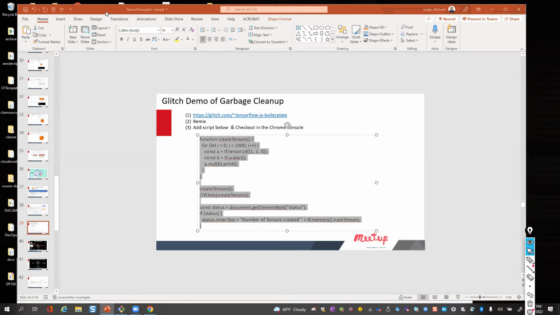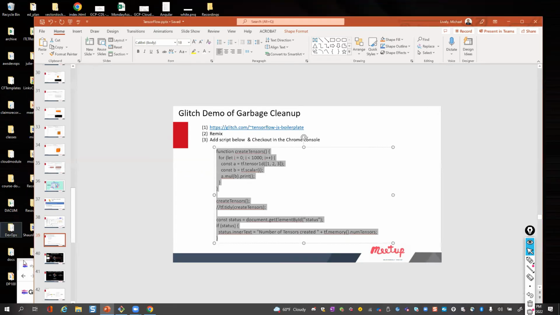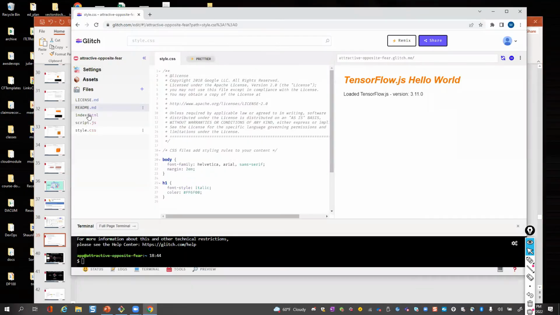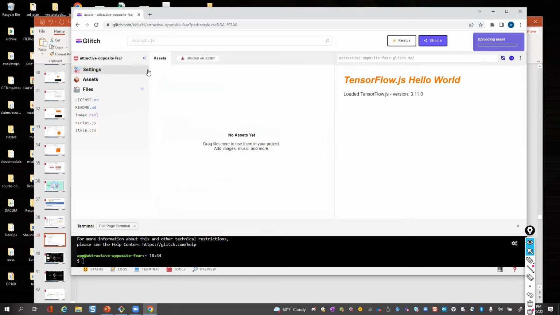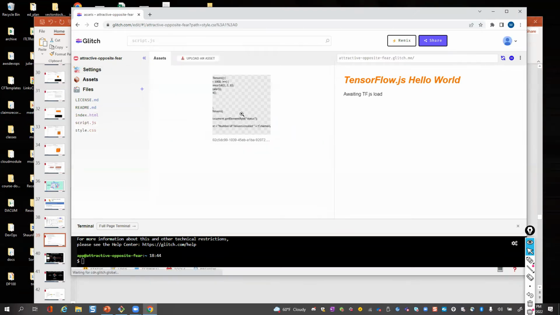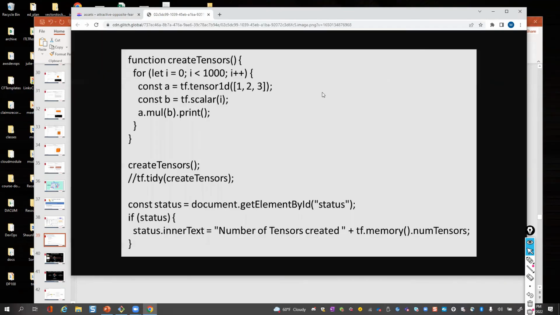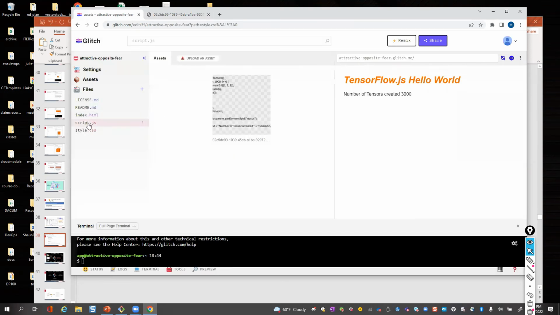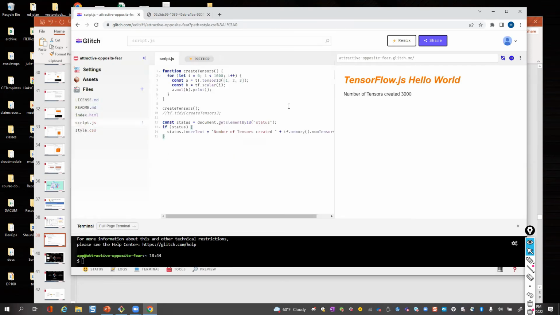Then I'm going to go back to my Glitch. Let me bring that up. I'm just going to copy all this into the JS script. Give it a moment. It does this crazy thing, I don't know why. Let me get rid of that. There. I don't know why it always does that. But anyway, it wants me to click back on this screen right here. There you go. So you can see it's been copied in.